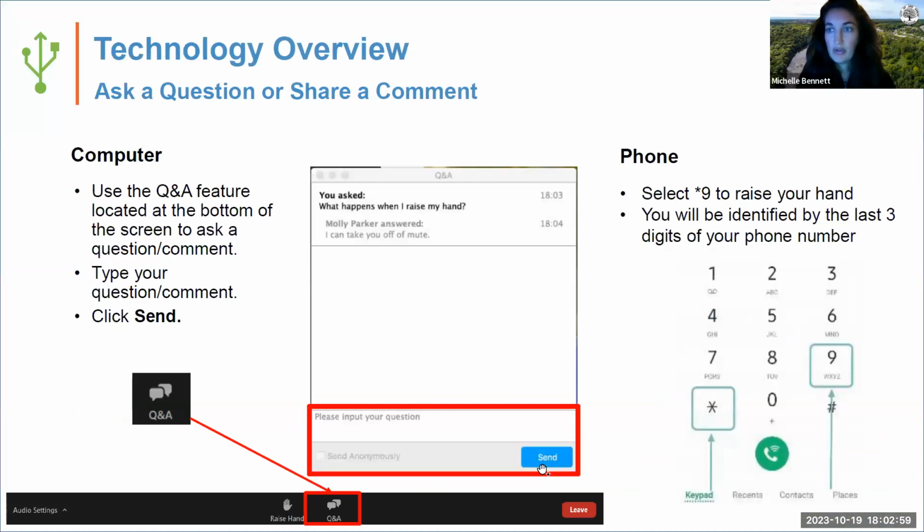For those of you who are new to Zoom, there are two ways that you could submit your questions. If you take your mouse and hover over the bottom of your screen, a panel pops up and there's a Q&A icon. If you click on that, this window will pop up and you can submit your question there, and that will go to all of the panelists. If you've called in this evening, then you can press *9 to raise your hand. I will unmute you and then you can share your question or comment.